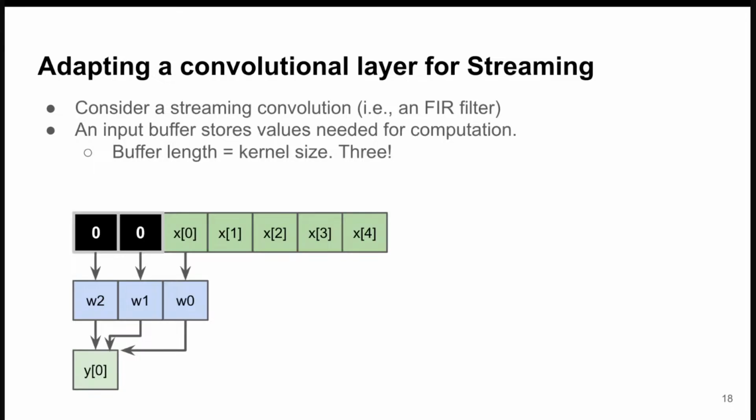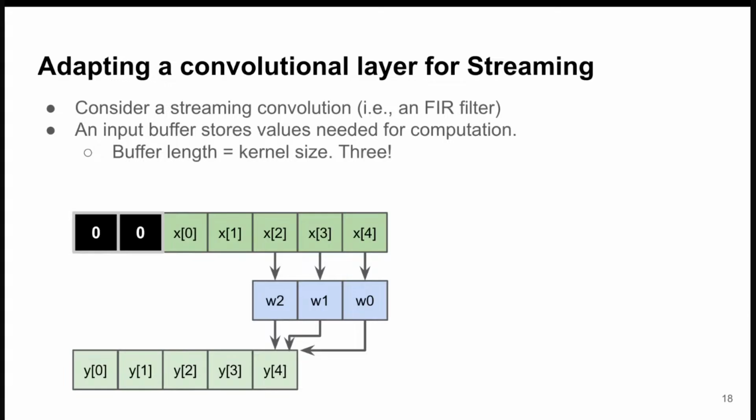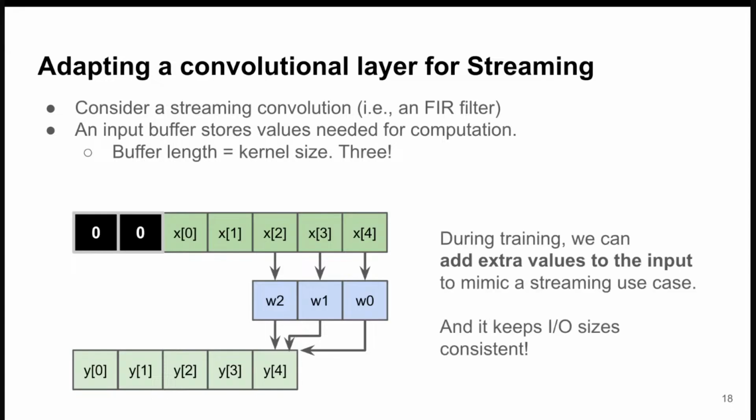So continuing the example here, we have the 5 total samples, and we slide the kernel across the input, or we could say that sliding the input through the buffer is equivalent. So what we do is compute the next output, and so on and so on, and hey, look at that. All of a sudden we have 5 inputs and we have 5 outputs. So this is starting to look more sane. This is starting to look like something that we can actually implement in real time.